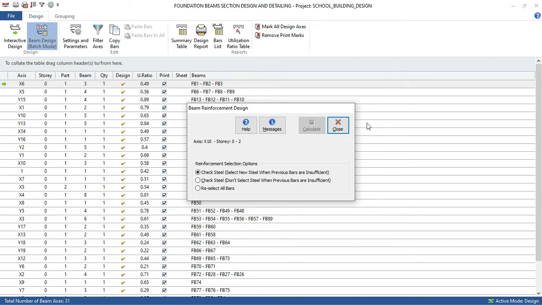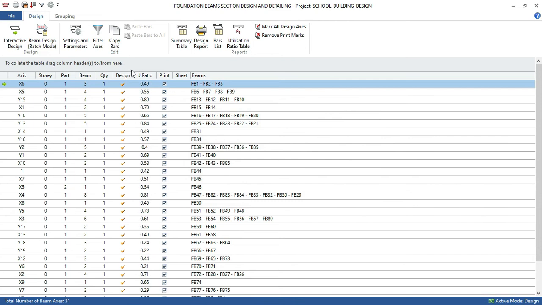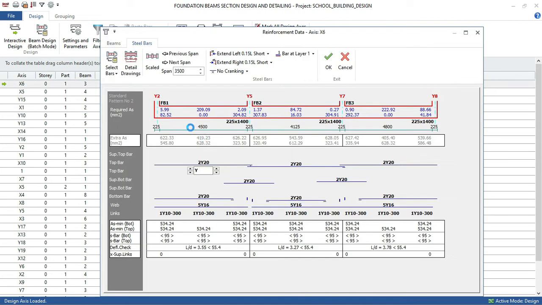Okay, that's fine. So right now you can see that all the beams have been ticked good. So you can begin to check the beams one by one. Just click here and then double click on each of the beams. Once it opens, you will see the beam internal area. So this is how, so I want to use